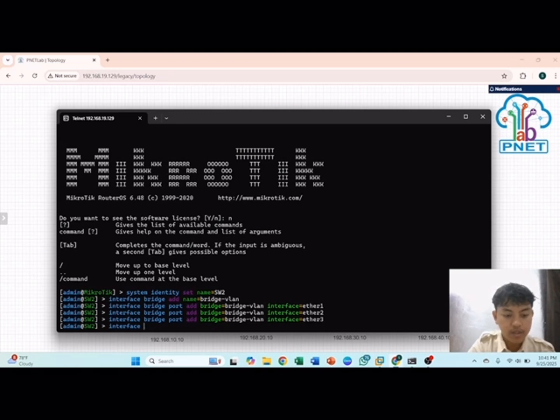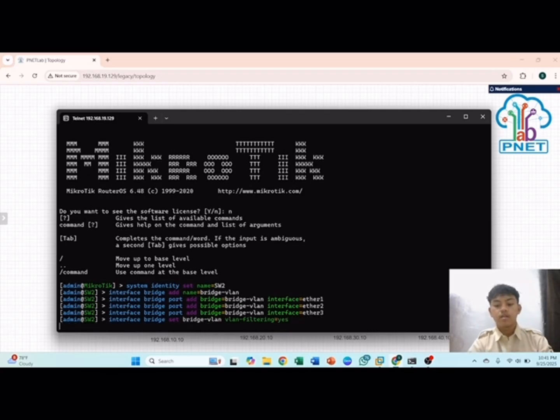And you can set the interface bridge. Set bridge VLAN and VLAN filtering is yes. And add the interface bridge VLAN.